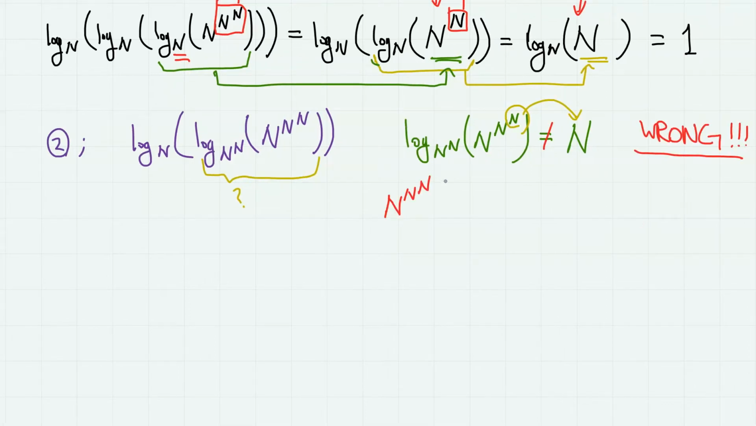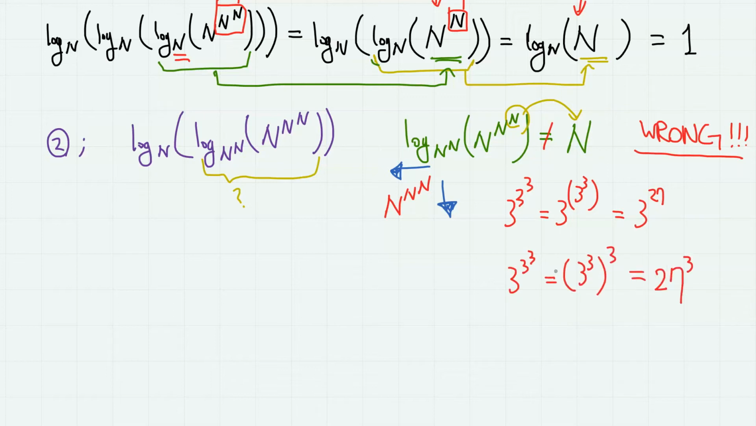Because remember, this power tower should be calculated from top to bottom, or some people say from right to left. That is, for example, 3 to the power of 3 to the power of 3 means 3 to the power of this entire thing, so it is 3 to the power of 27, and it is not equal to this. So similarly in here, this part means log base n to the n of n to the power of this